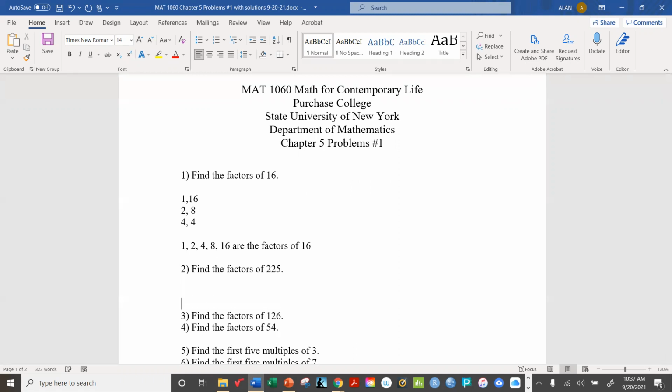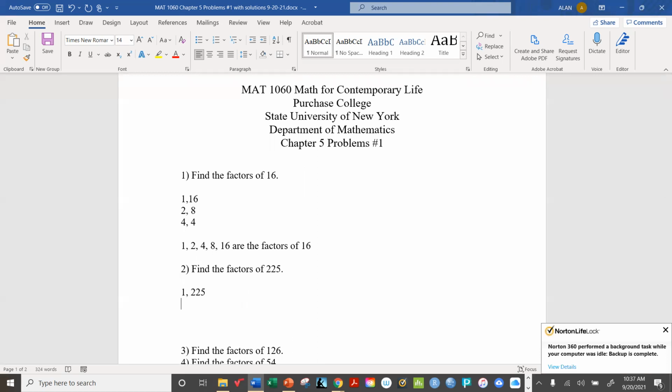Now, some of these are going to be trickier than others. Some of these have a surprisingly large number of factors. And there are tricks and tips that you can use to help you decide which ones might be factors. For example, even numbers. Clearly, this is not an even number, so we cannot divide by 2. But what about 3? Well, you might say, let me get out my calculator and see if 3 divides evenly into that. And the answer is yes. But there's a trickier,